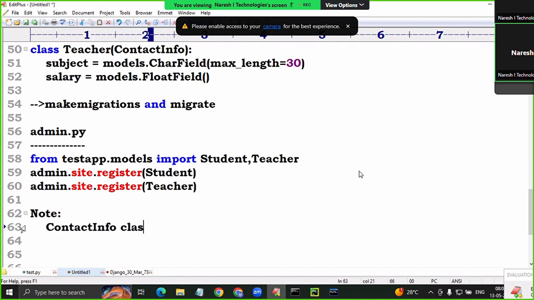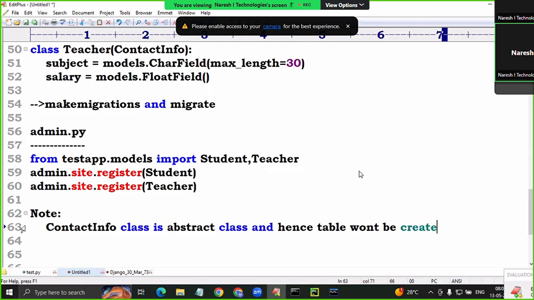ContactInfo class is an abstract class and hence the table won't be created. It is only for code level inheritance. This type of inheritance is